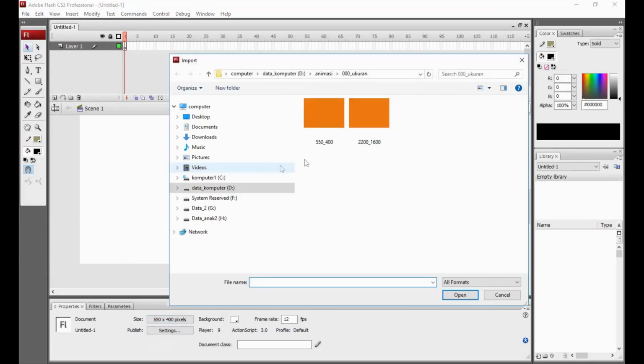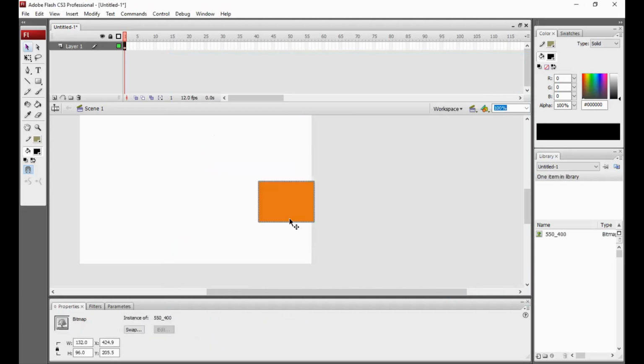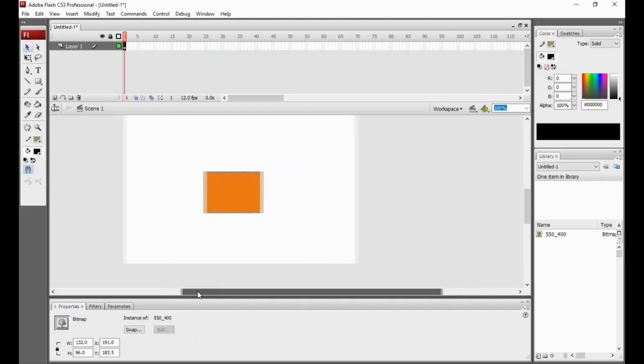The object have 550 width and 400 pixel height. Yeah, okay, here. Yeah, here the object that 550 and 400.